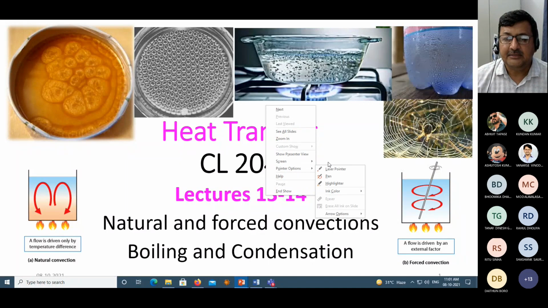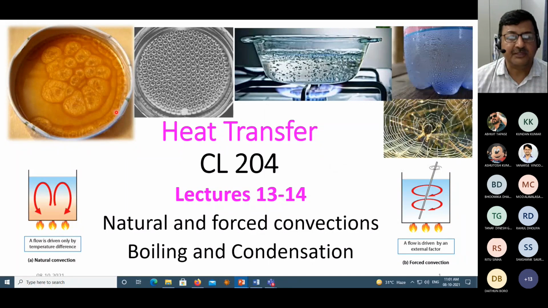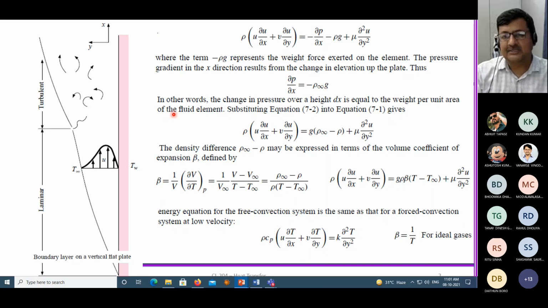So we were studying another type of convection, which is called the free convection or natural convection. And we understood in the last class that what we were studying previously was called the forced convection, where you blow the air, where there is a pressure drop that is required to blow the air. So in that process, we did the momentum balance and the temperature balance, and we could come up with a profile near the boundary layer.